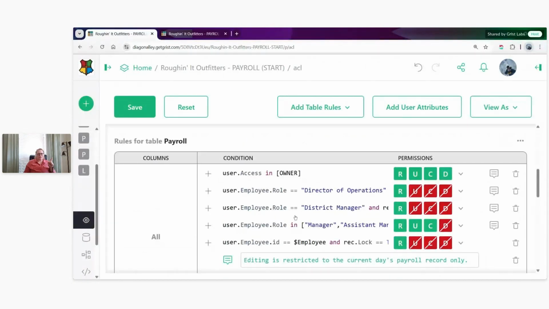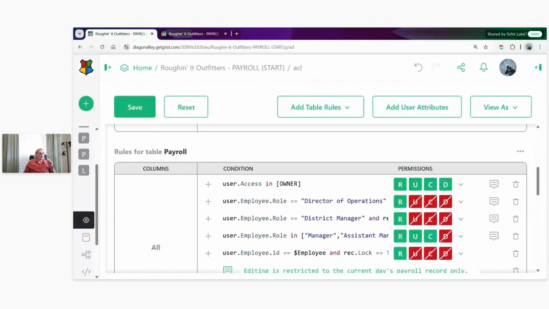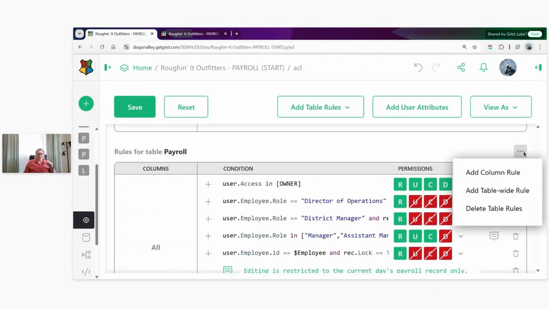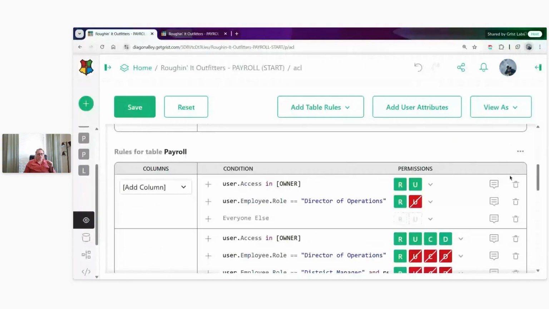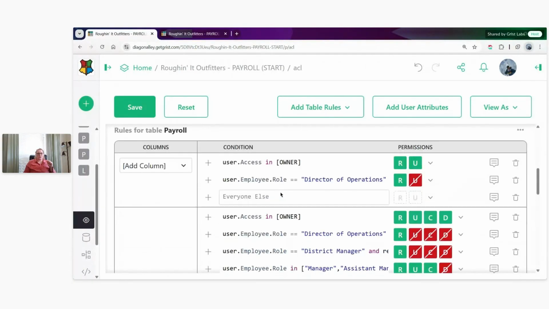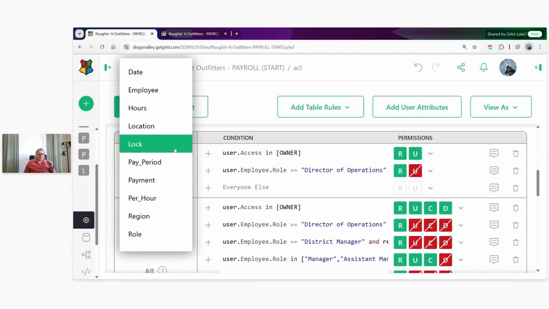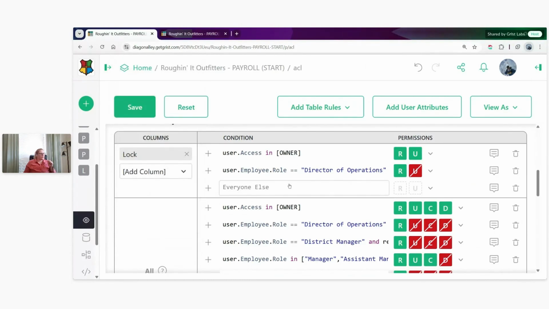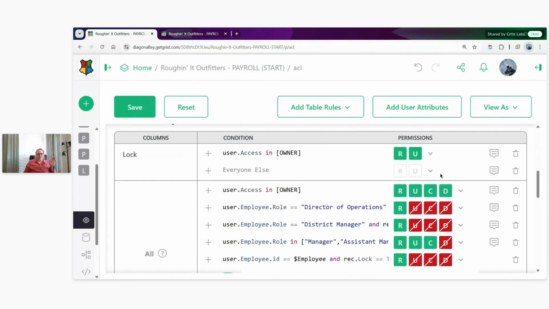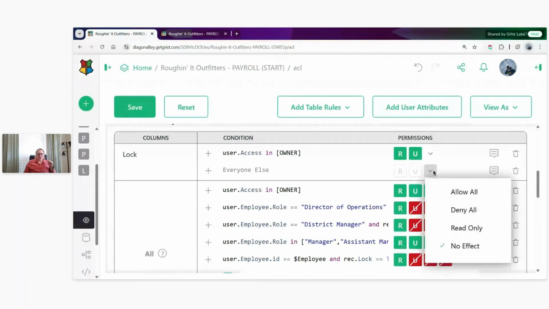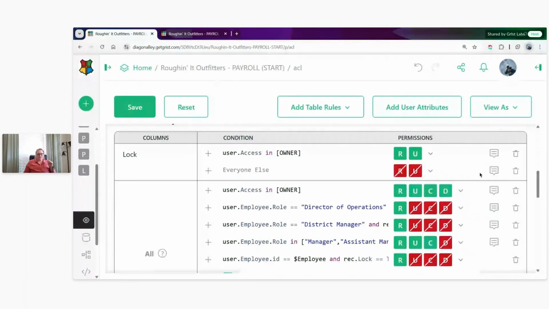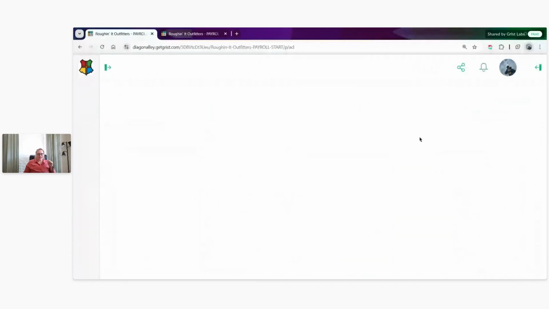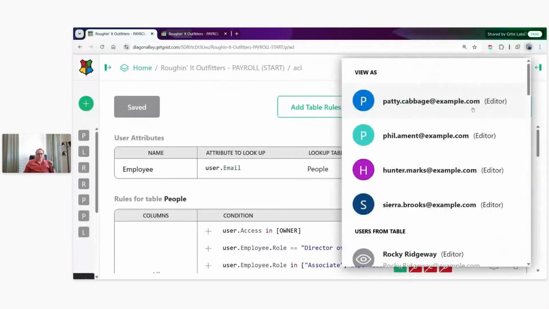The other thing I wanted to do was hide the lock column. So to add column rules, you just click the three-dot icon, add a column rule. Again, it adds those seed rules for you. You select the column. I want to hide the lock column. And I'm actually going to delete the director of operations role that's here because they don't need to see it either. I only need this column available to owner, and then everyone else I'm going to deny permissions to. Go ahead and save. And now if I view as Patty,